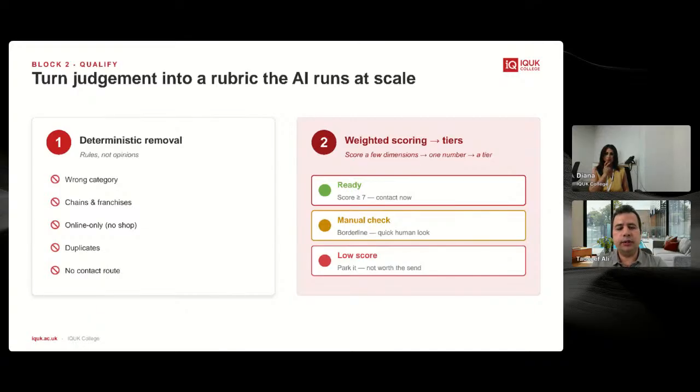If it's sure that it's not the right one, it will give it a low score. And manual check is when the AI is not sure. So you got 1,000 leads. Out of those 1,000, you might end up with 800 ready, 50 or 100 low score, and 100 manual check. So your work is reduced drastically if you use AI that way.